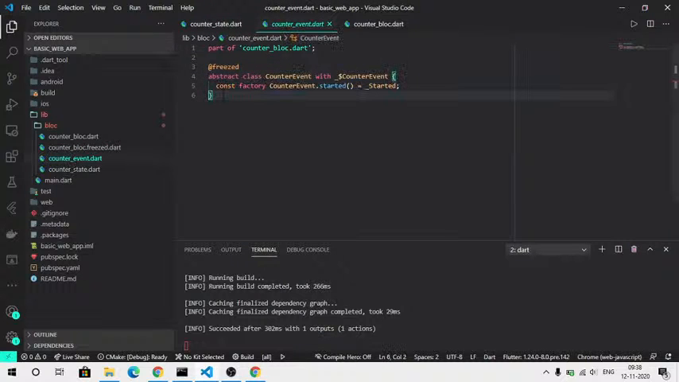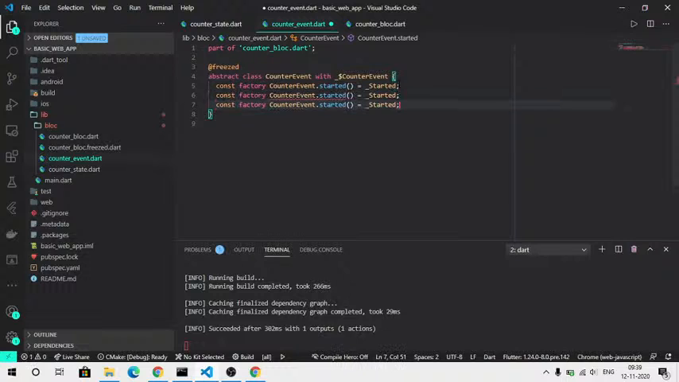So first is the event started. That is fired whenever we start our app, and we show an animation like a splash screen, whatever we want to do. So we will make our new events too. Just copy, paste, and make new events: increment